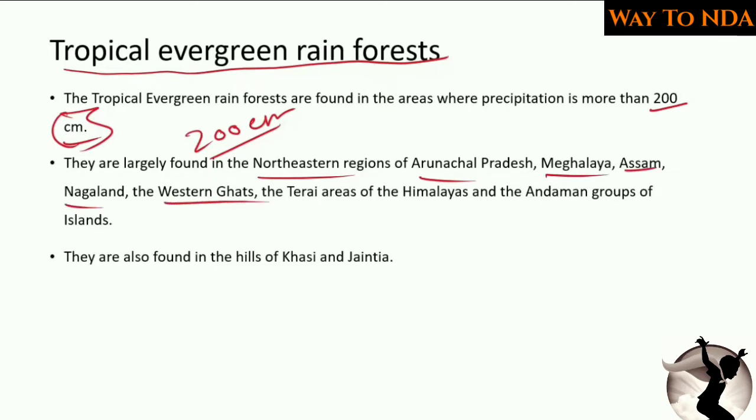and Western Ghats. So in this area of northeast and in Western Ghats, you will find the rainfall is more than 200 centimeter. In Arunachal Pradesh also the rainfall is more than 200 centimeter, and then Meghalaya obviously, because of the two places, Mawsynram and Cherrapunji. We have studied this when we studied the climate of India. These are the two places in Meghalaya where the rainfall is very high. In Assam also you will find the rainfall is more than 200 centimeter. Then Nagaland also, and in Western Ghats also you will find this type of